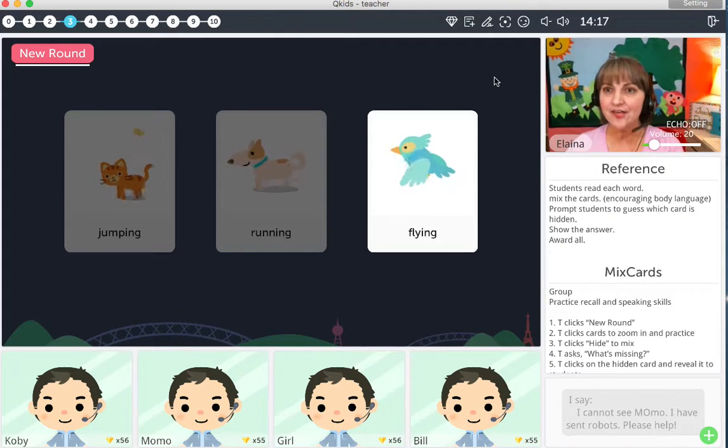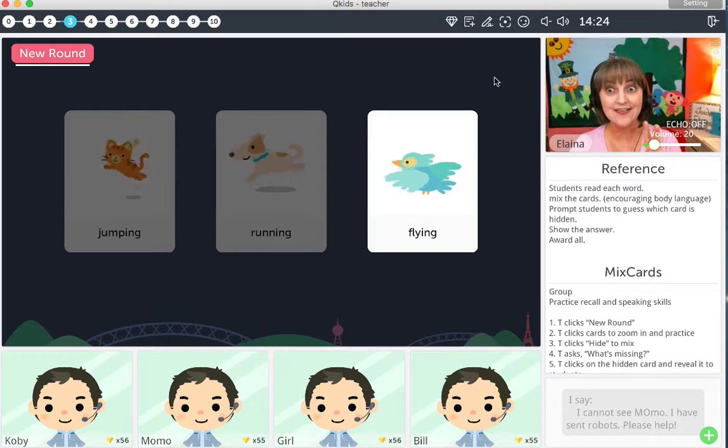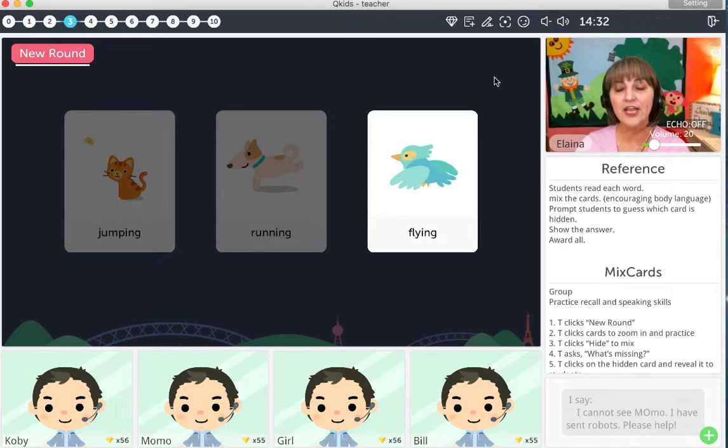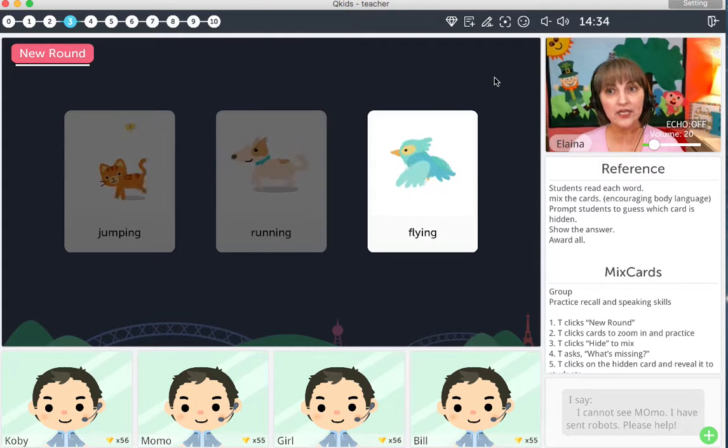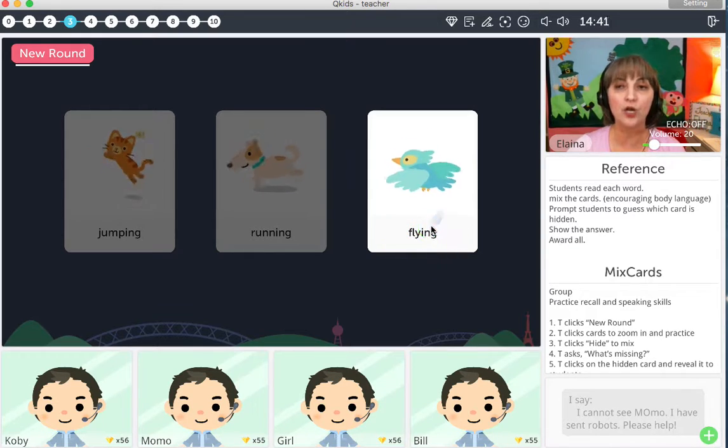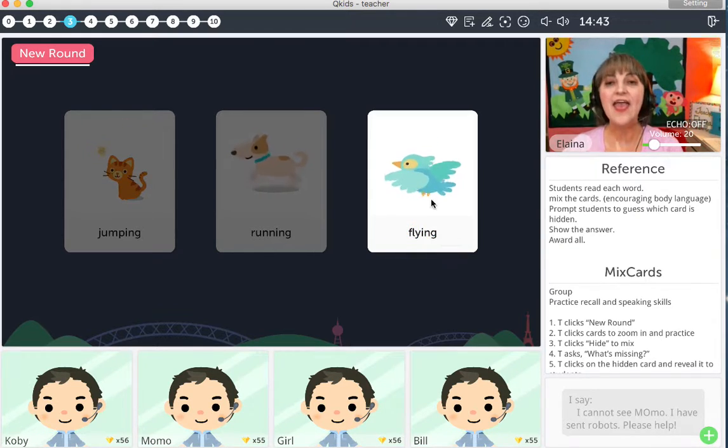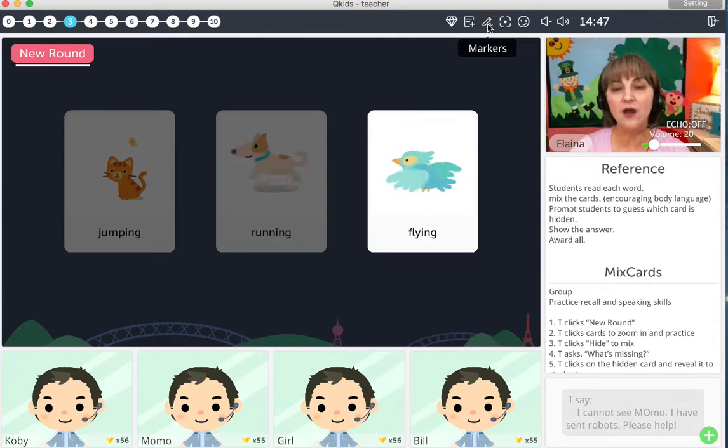And if you think about it, it was a fun slide. You've literally had the opportunity, if you play the game through twice, you've basically said the words about 6 times by the time they choose which one is missing and so forth. It's a good game because of the name recognition and the picture recognition. So you're dealing with both the new word, so they're seeing the spelling of the word. You want to emphasize that. And they're seeing the picture. It's important that the kids aren't just learning